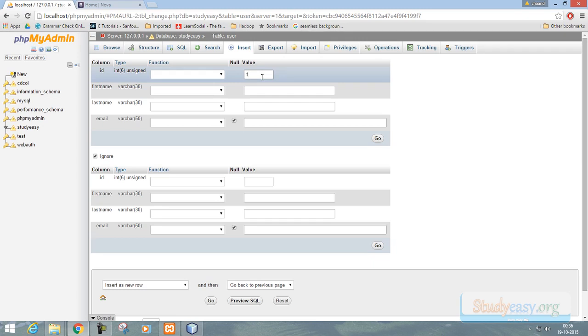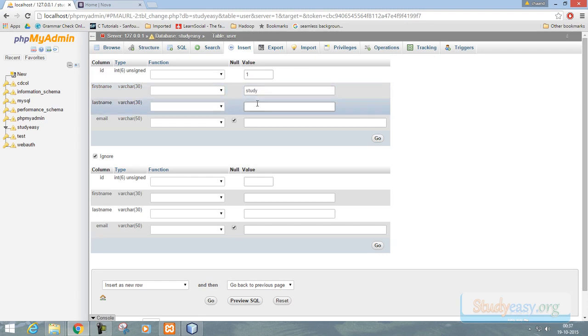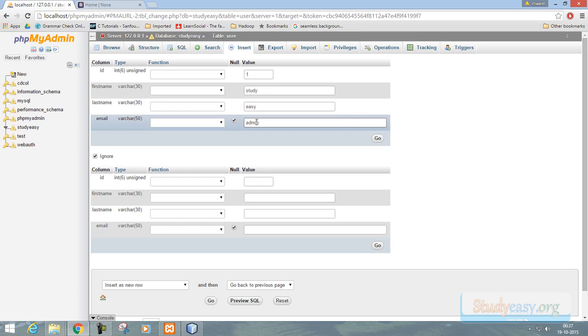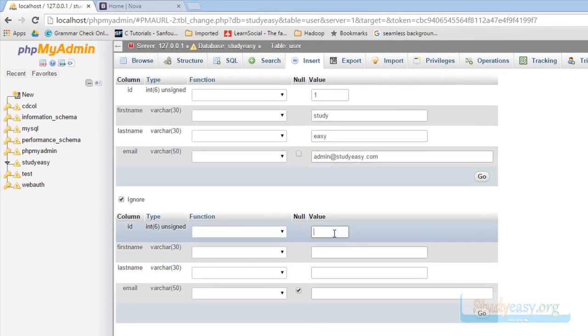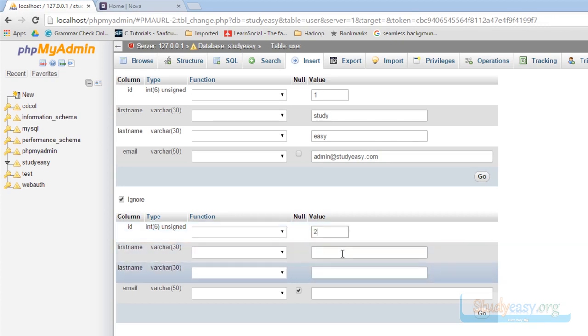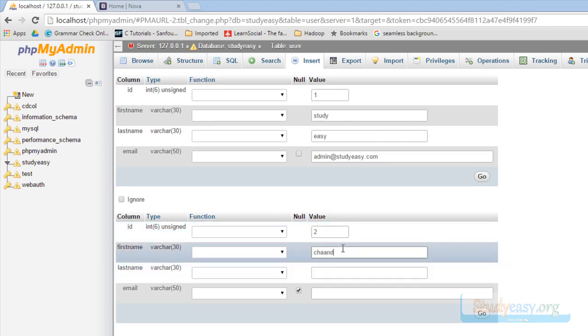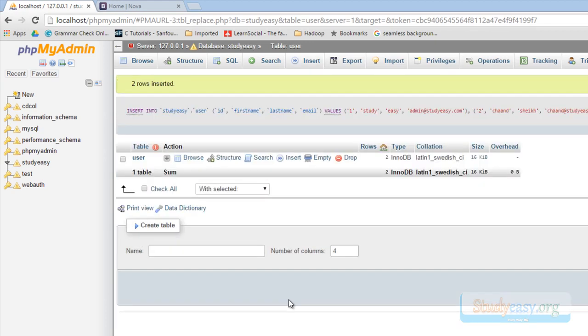The ID would be 1, first name study, last name easy, and email admin@studyeasy.com. Likewise, we will give ID as 2, first name as Chand, last name as Sheikh, and email as chand@studyeasy.com. Let's add these two records.